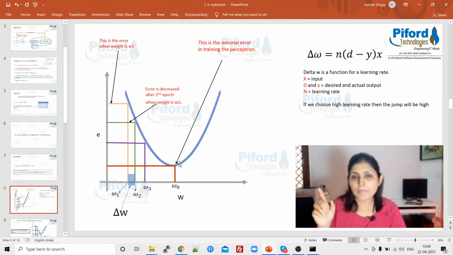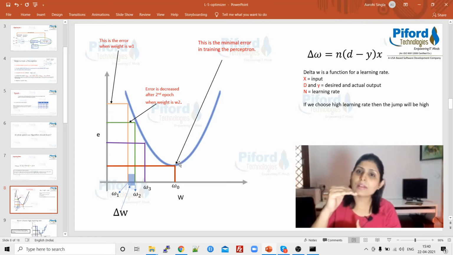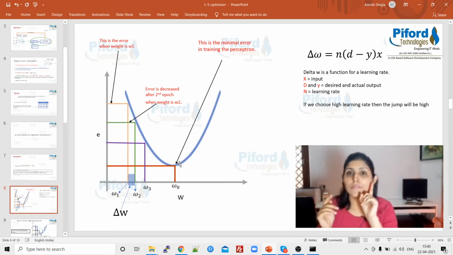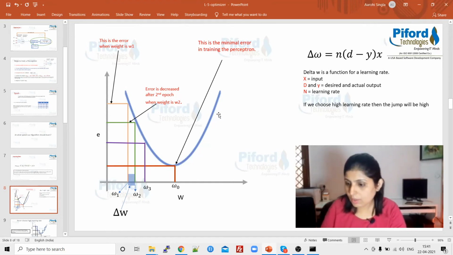But guys, are you clear about the concept? On the x-axis I have weight and on the y-axis we have error. By changing the weight value, errors are getting affected, the loss function is getting affected. So we have to increase the weight up to a certain point, till we reach the global minima. After that, if you increase the weight value again, you will cross this global minima and your error will start increasing. You will get a higher error again.